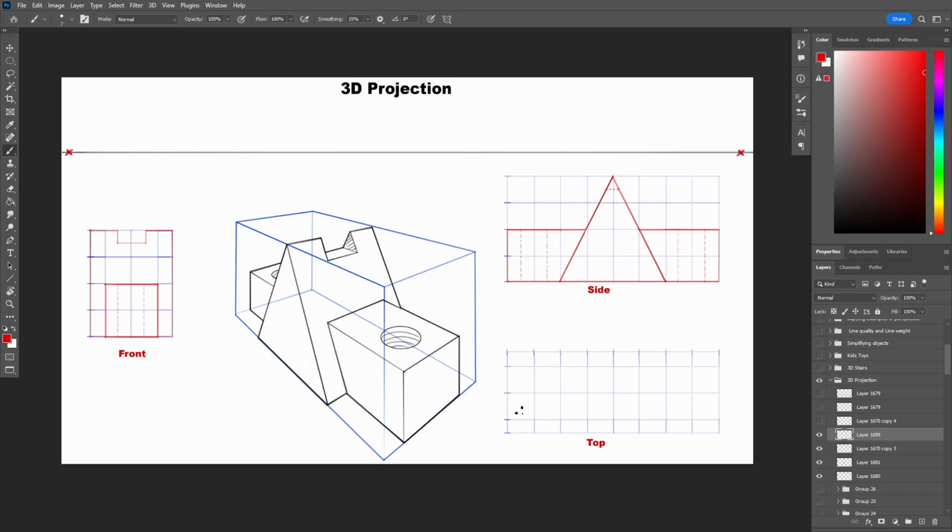Finally, for the top view, we will see the pyramid as a rectangle with a large rectangle inside for the box. So let's draw the box first from one side to the other with 2 units in width. Next, the pyramid with 4 units in width and 3 in length with the line in the center for the tip of the pyramid. Now in the middle of that tip, we have a hole that we can measure its width from the side view and draw it in the center with 1 unit length.